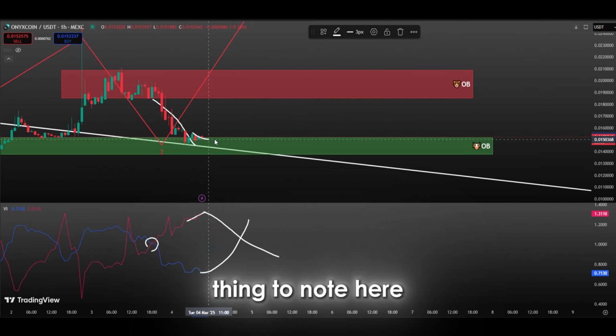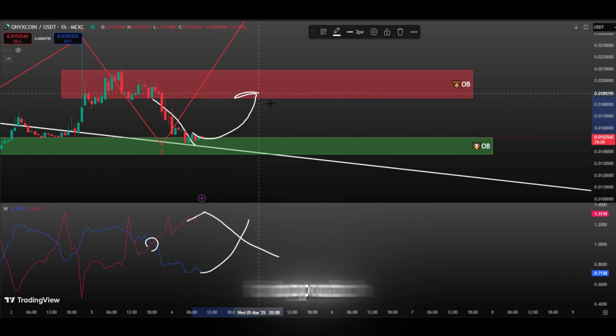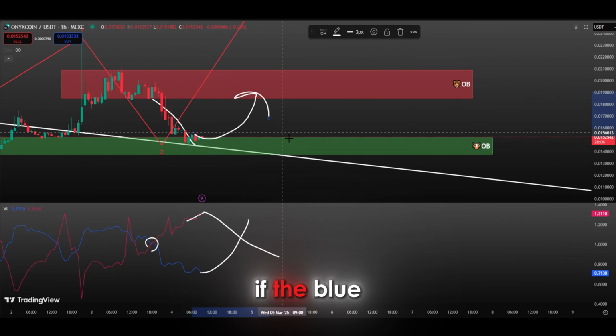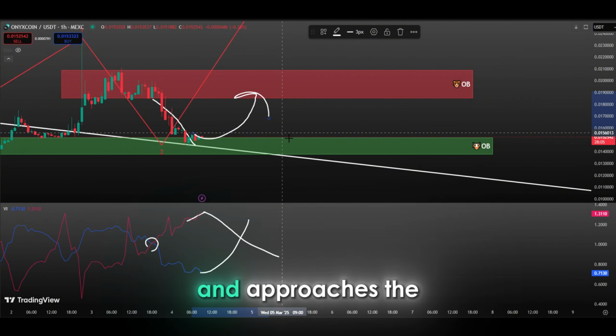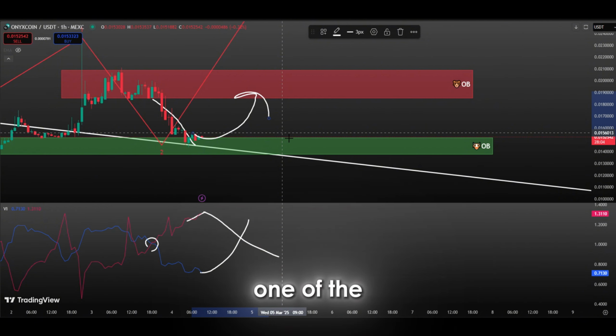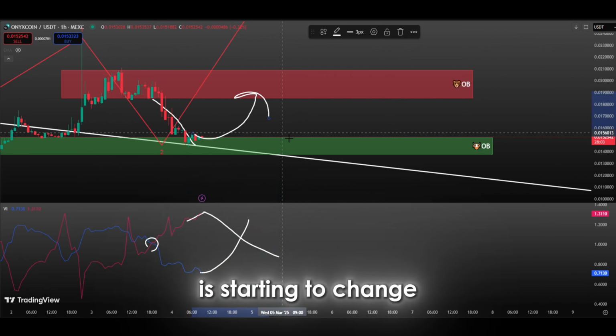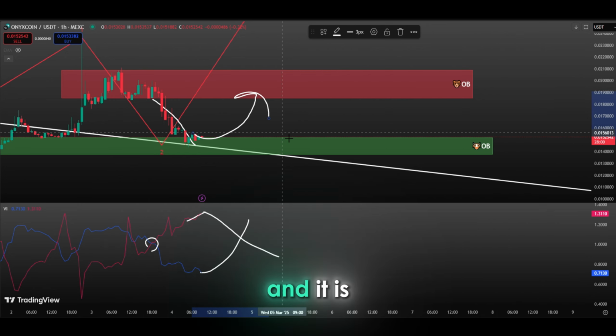However, the important thing to note here is whether the blue line tends to approach the red line. If the blue line starts to show an upward movement and approaches the red line, this could be one of the first signals that the trend is starting to change. Considering that we have broken the downtrend and it is retesting, I predict that the blue line may soon break